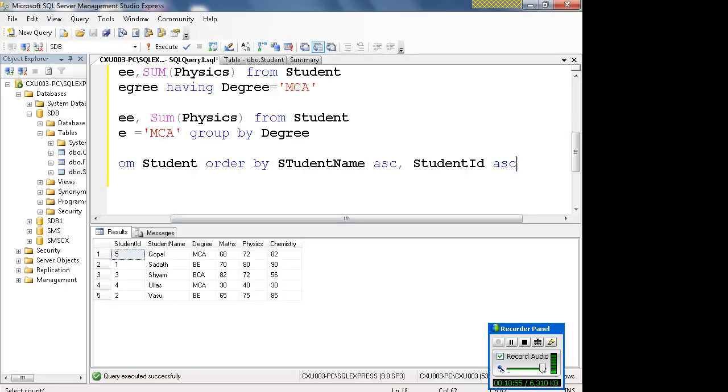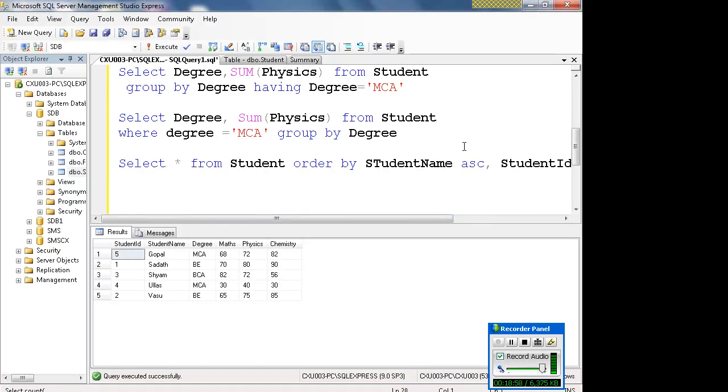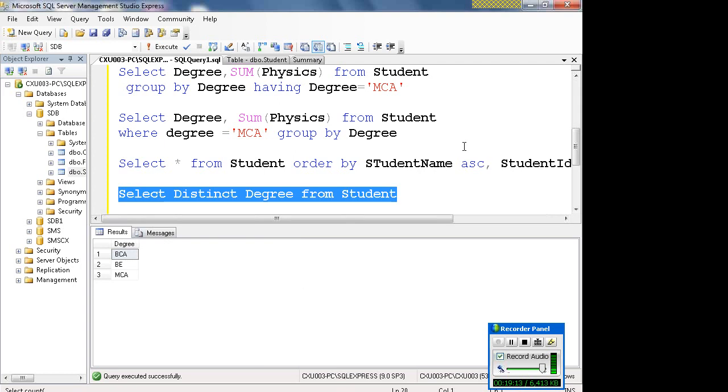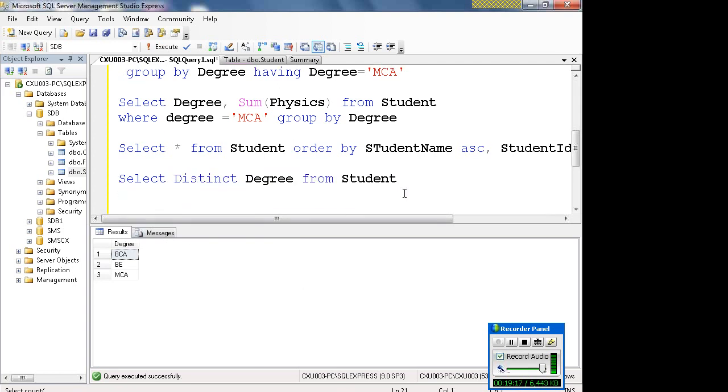So you can continuously go on ordering it. Next, what is the next question? Distinct degrees. How do you get that? Select distinct. Okay. Then